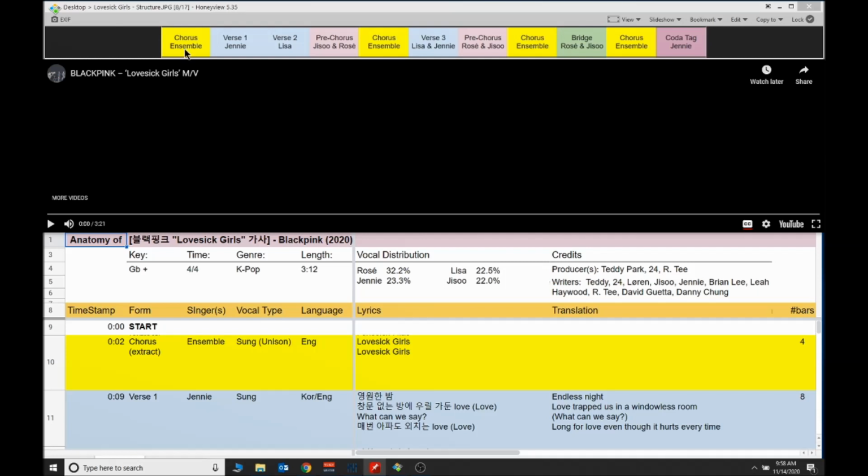Listen to the teaser trailer chorus intro, how it hooks the listener into the song. Jennie's powerfully anguished yet agile vocal performance in verse 1 over that very simple instrumental texture. The colors and rhythmic precision of Lisa's vocal in verse 2. The timbral, textural setup and build-up of the pre-chorus with the introduction of Jisoo and Rosé's voices. The slam-dunk catchy chorus employing a 4-chord progression, the popcorn synth counter melody and the harmonic colorations added by the